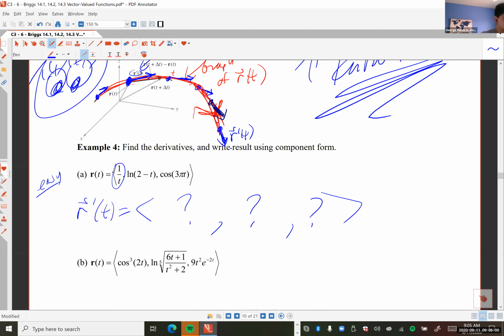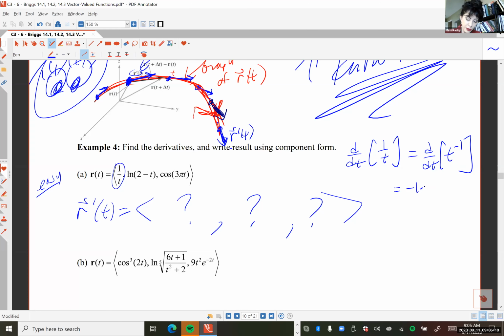Negative 1 over t squared. Okay, good. I was thinking somebody might say, oh, that's ln of t. You're like, whoa, whoa, now you're taking integrals, not derivatives. So be careful. If you take the derivative d dt of 1 over t, I like to use the power rule, so I rewrite that as t to the -1 power, and that's equal to -1 times t to the -2. And when you write your final answer, if you can, please rewrite with positive exponents only, except for exponentials. I don't need you to rewrite exponentials with positive exponents. In other words, I'm totally okay